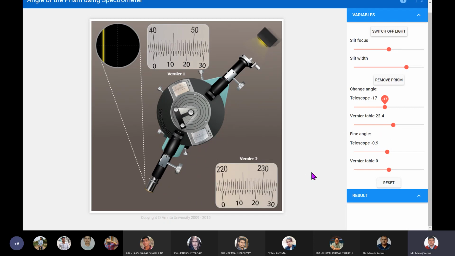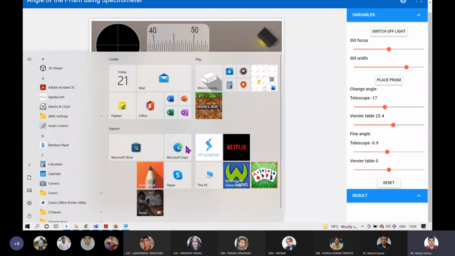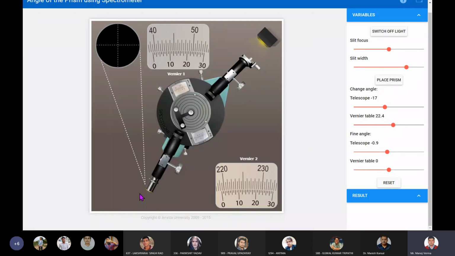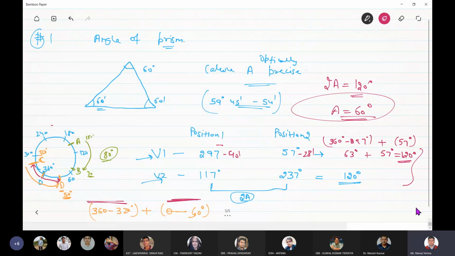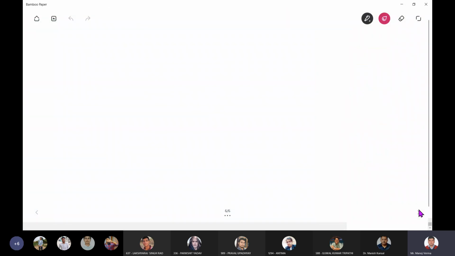So with the help of this, you have to calculate two different positions of the telescope. On these positions you are viewing the reflected ray from the prism. You have to take the difference of these observations, and with the help of these observations you can find the angle of prism. You can find the angle of prism. But now the question is, we have considered that